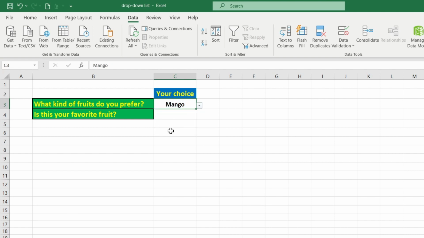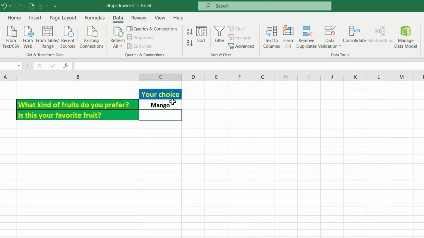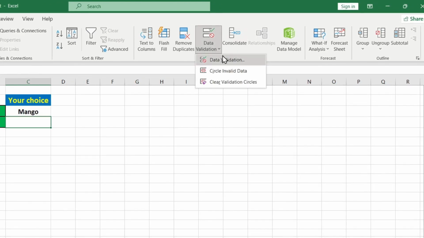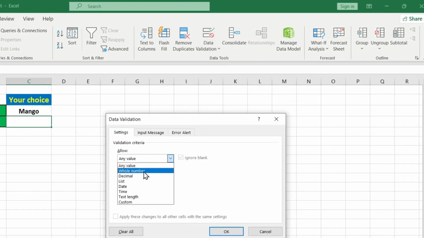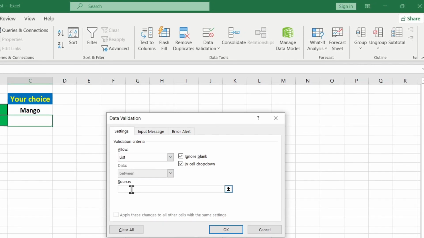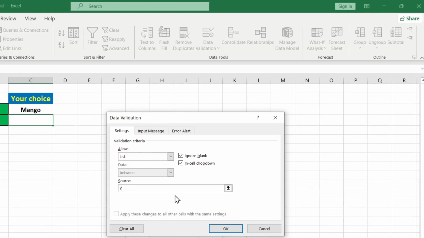Well, now let's create a short drop-down menu consisting of only 2 options. In our case, these are the yes and no options. This menu is much easier to create. The first step is to select a cell, then we will go to the Data tab, go to the Data Validation. Again we will select the list option, but now we will just enter 2 words, yes and no, separated